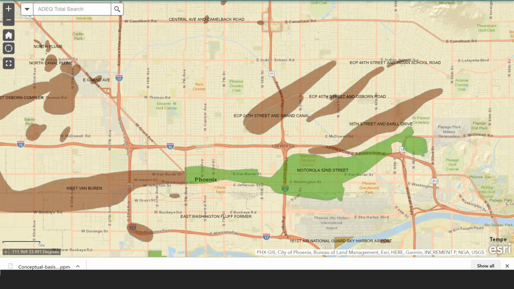Now, this is a representation of the current understanding, not at the time of the study I'm going to talk about, but the current understanding of the contaminated plumes in Phoenix, Arizona. The brown are the state run projects, the state groundwater contamination. The green are the federal projects. There are 3 operating units in the federal project, and there are multiple sites in the state projects.